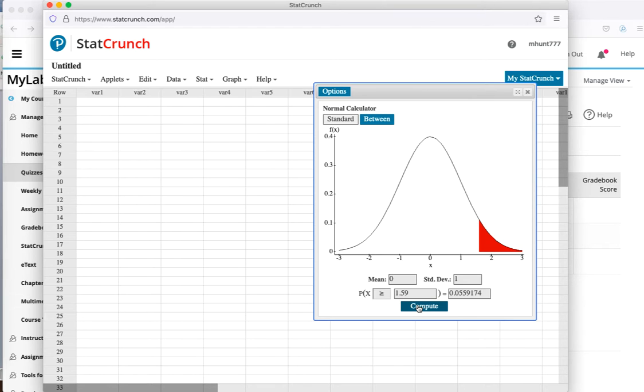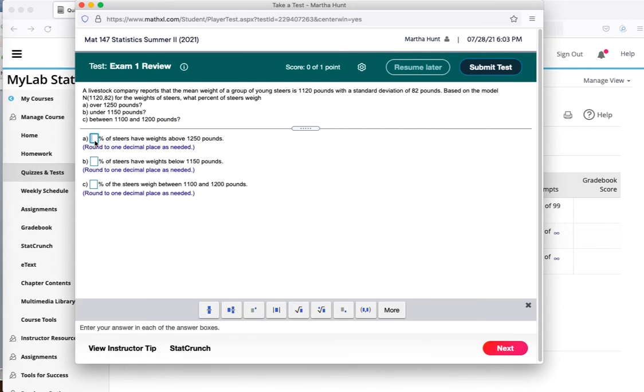So the probability is 0.0559, and they want this as a percent, so that would be 5.59%. So let's leave that and go back to our problem and enter 5.59%. Part B, we're going to have to go back to StatCrunch again,